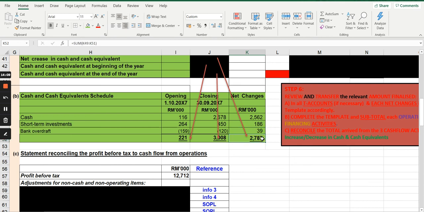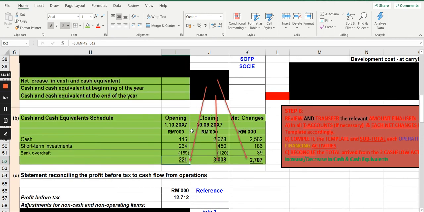So together it becomes 2787, the net changes, and this one is 3008, and this one is 221. So what you will do is this will be put in the section that you have here, the last 3 rows in your statement of cash flow. So if you can see,